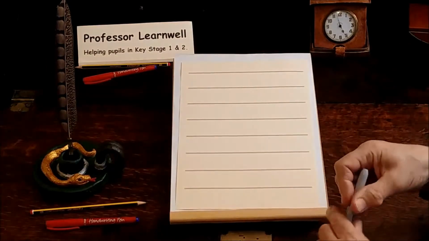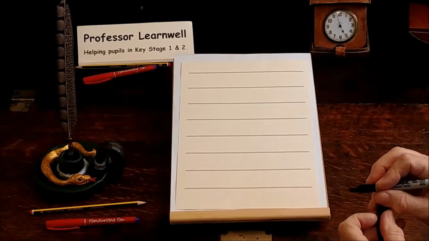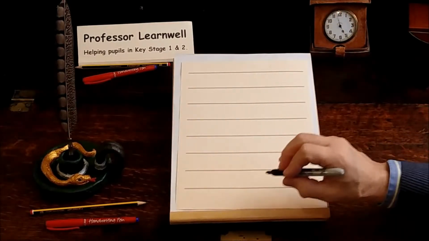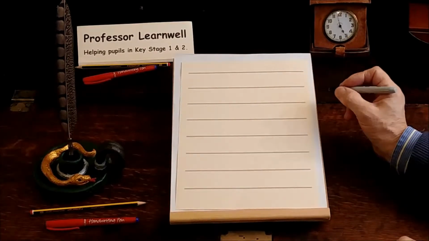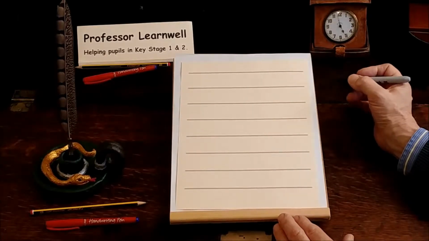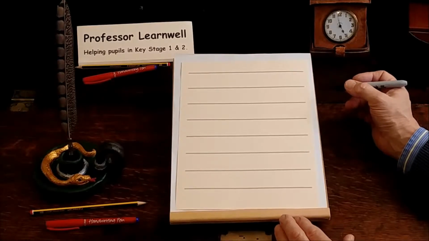As you know, I have to use a pen with a thicker nib so that it shows up in the video, but I still hold it the same way. And the lines of the paper are wider apart than they would normally be, again, just so it shows up in the video. So, our first word that we're going to be looking at is the word be,